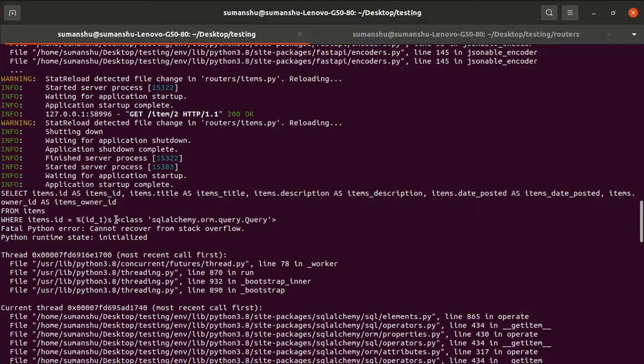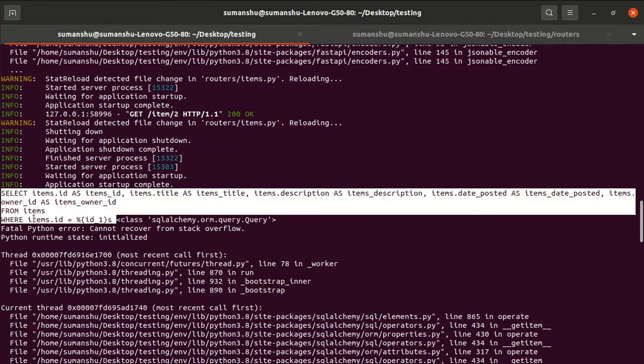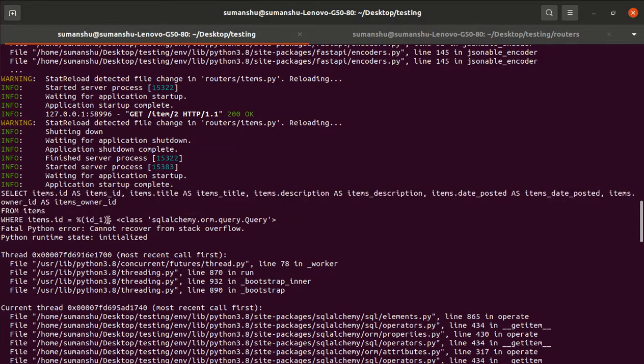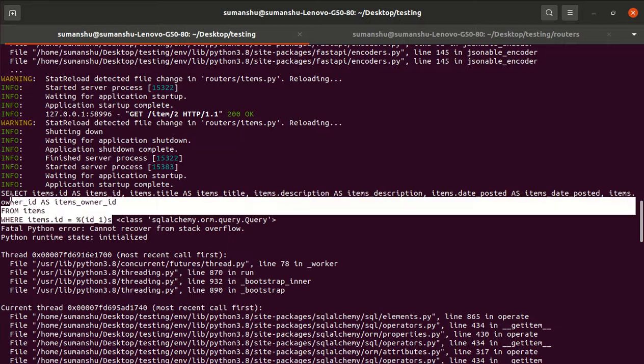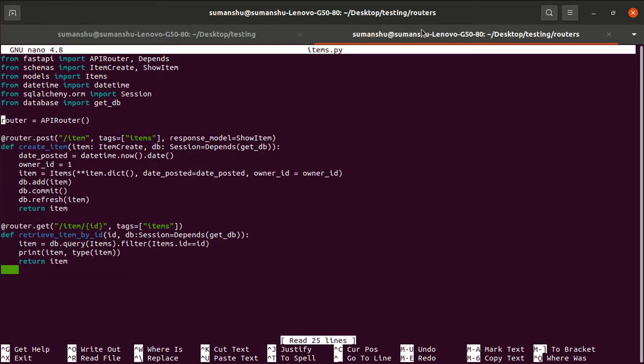As I know, we are using the db.query and filter by class, so automatically at the backend it creates the Postgres SQL query, right? Automatically at the backend it creates the particular query. That's why we need the first argument as well.